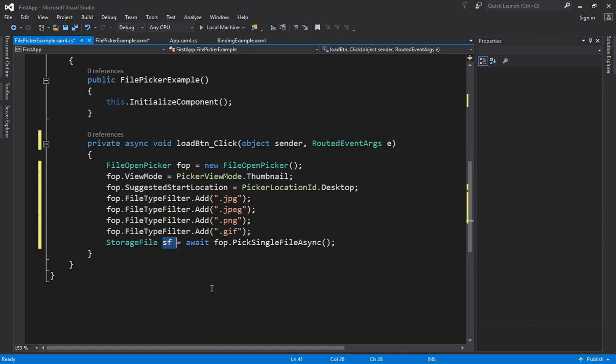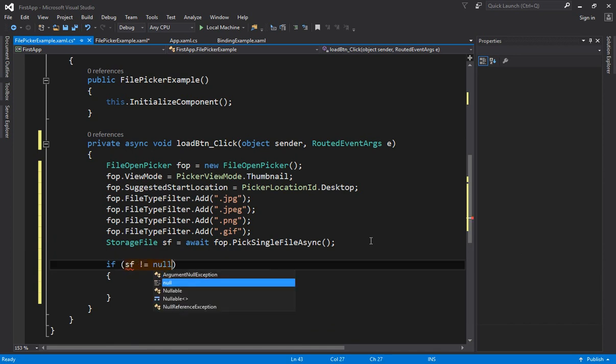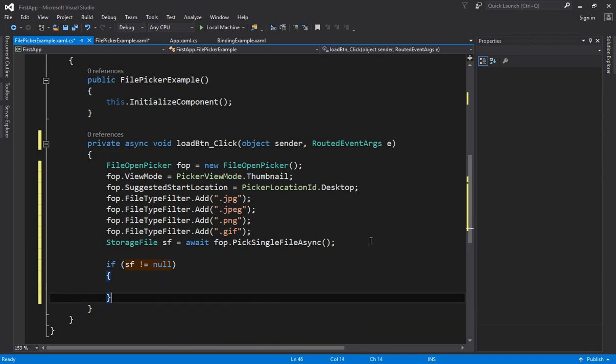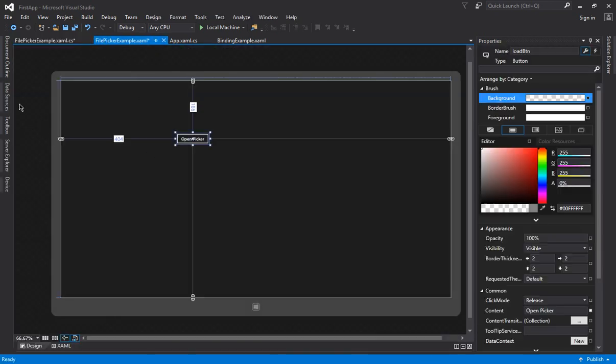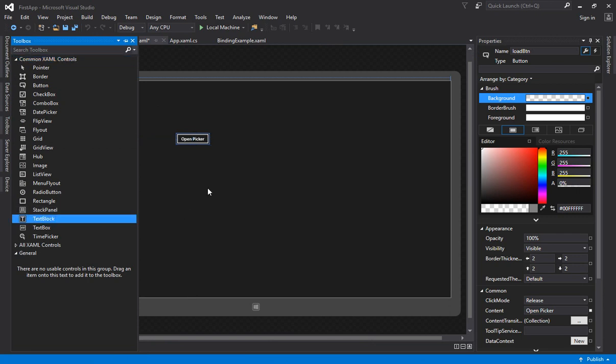I hope it is clear to everyone. Okay, now what you can do, you can come here and check whether the file is there or not. If sf is not equals to null, that means you have selected a file. Else you have to write that no file selected, or you can write any message. Okay, so guys, one thing that I can take here is a text block,